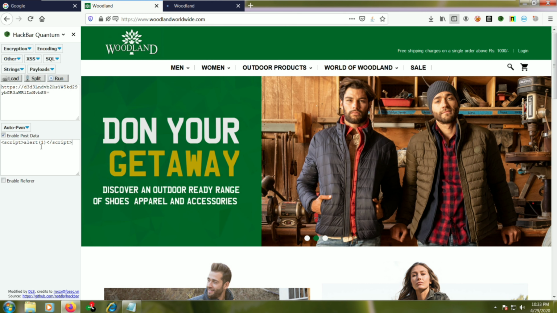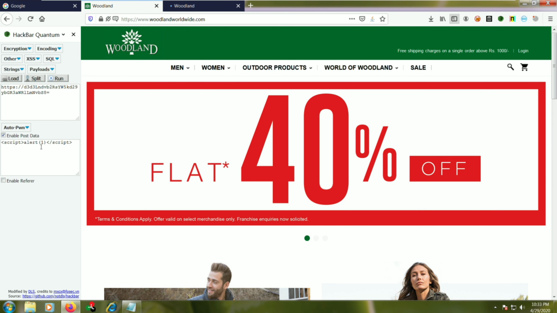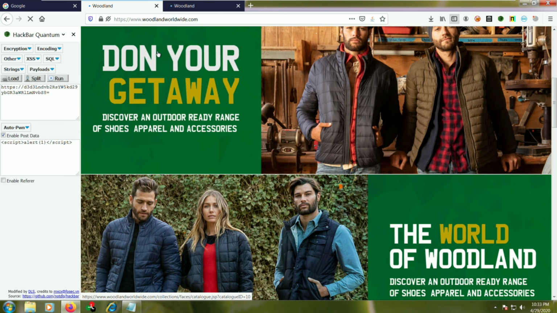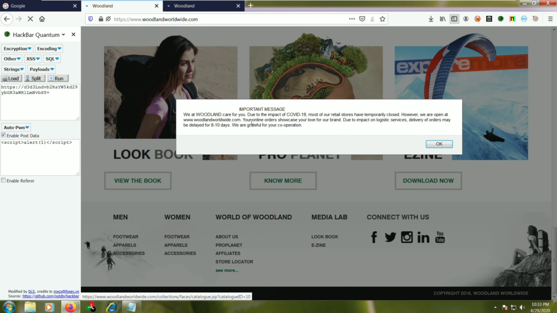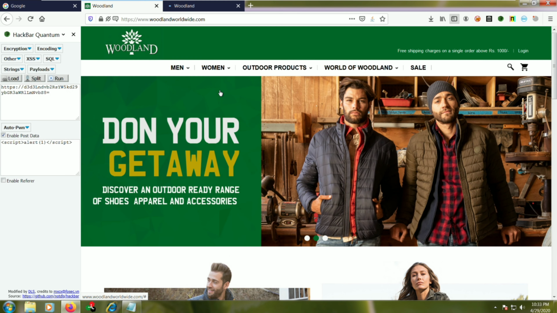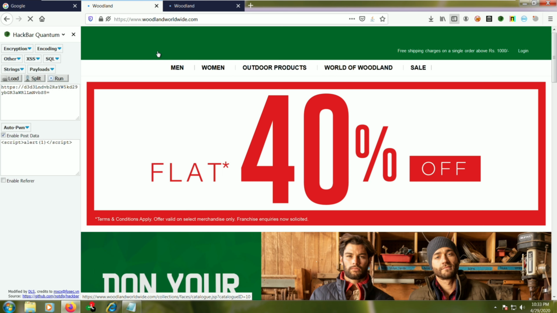script alert(1) script tag close. This is the most common line to check whether there is an XSS vulnerability in a site or not. We will click on run. So the site has no XSS vulnerability, but